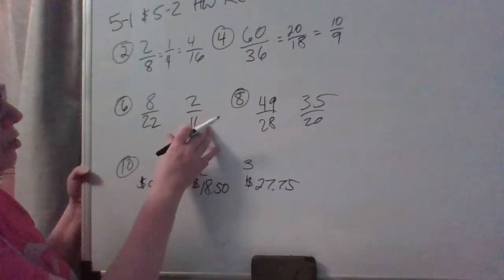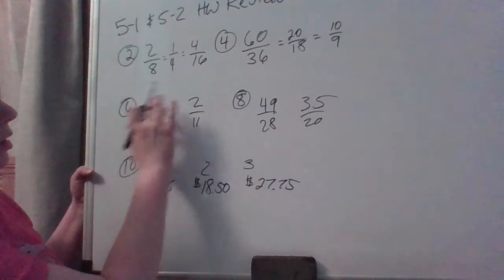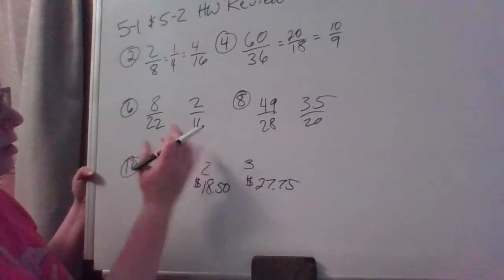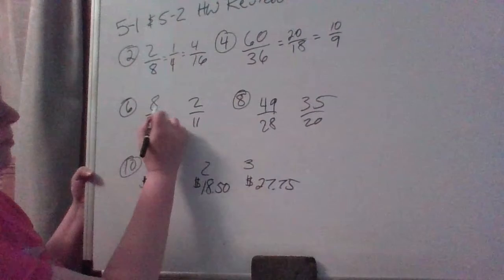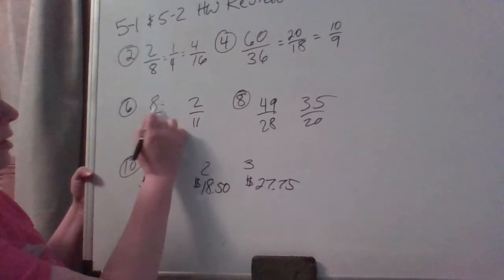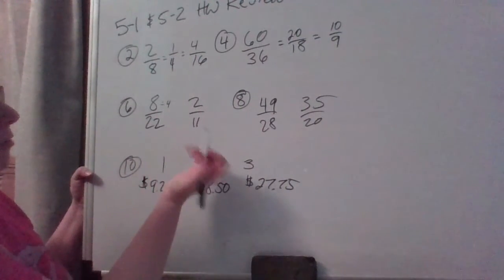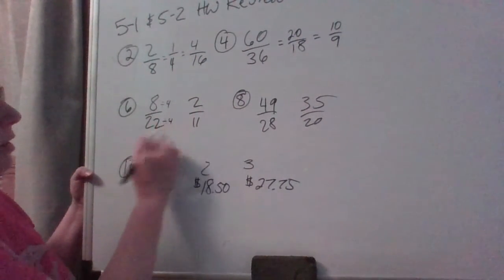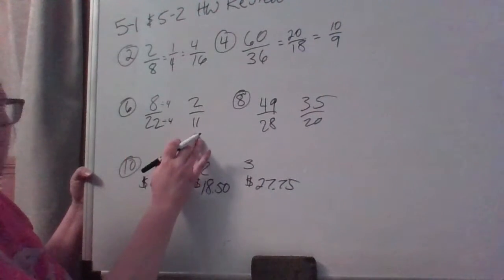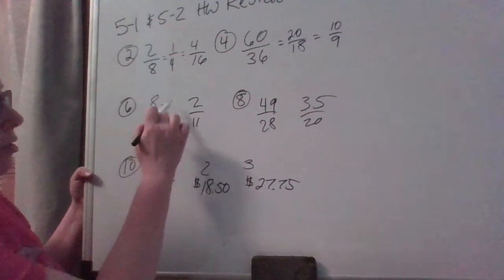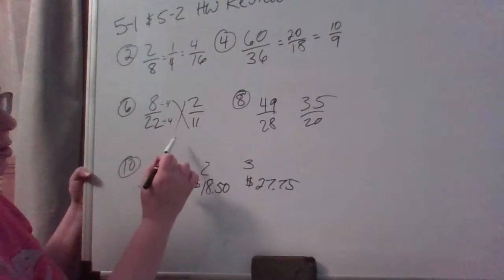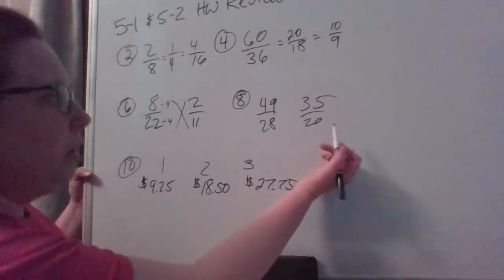What I like to do is look for, either in your numerator or your denominator, the relationship. So here I can say, well, between 8 and 2, I would be dividing by 4. If I divide this by 4, am I going to get 11? No. So these ones are not proportional. Over here,